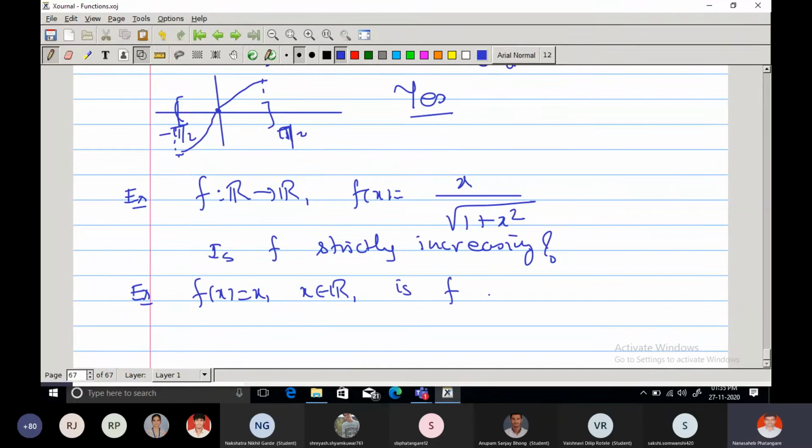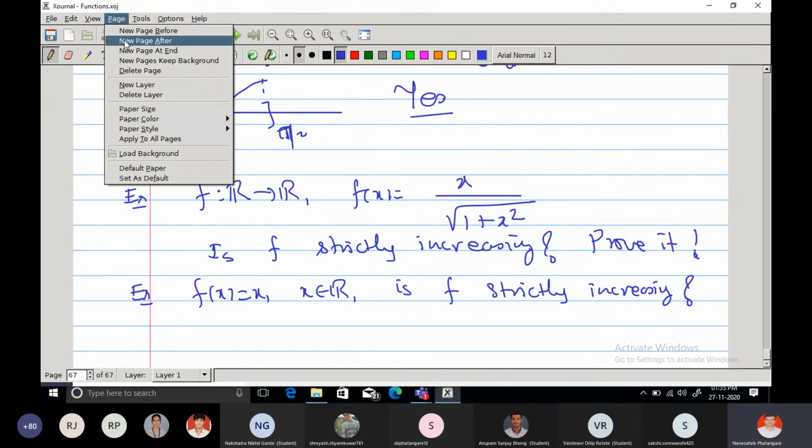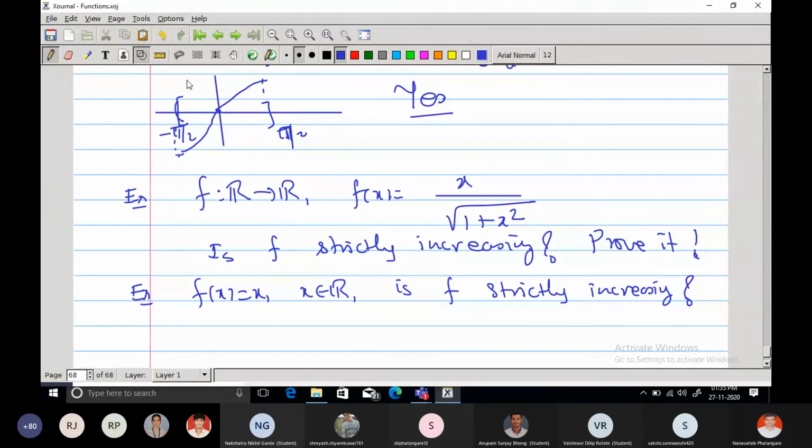Is f strictly increasing? If the answer is yes, prove it; if not, then also prove it. So what about this function f(x) is equal to x upon square root of 1 plus x square? Is it monotonically increasing? What is your answer? Yes, sir. Yes,